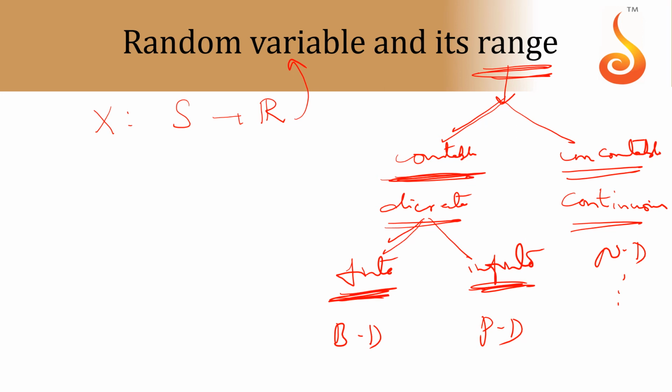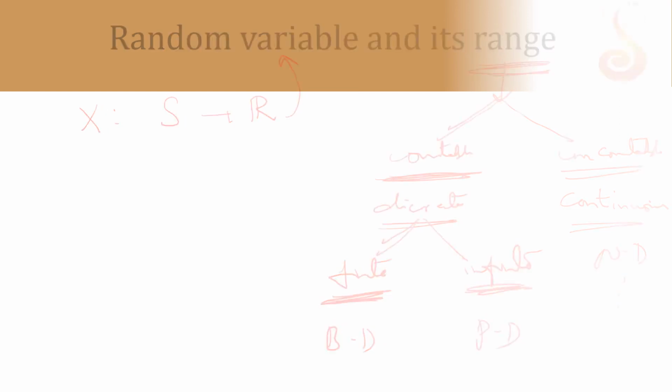Now you don't have these in the syllabus. In your future, you will have normal distribution and continuous random variables also. So if a random variable's range is countable, that random variable is called a discrete random variable, and such distributions are called discrete probability distributions. So our syllabus is discrete random variables and discrete probability distributions.